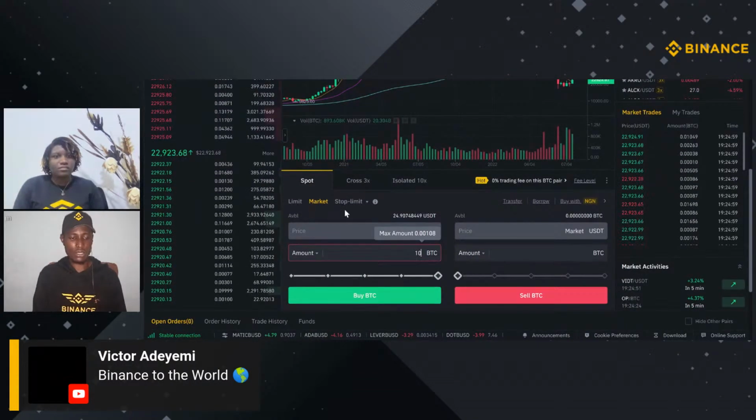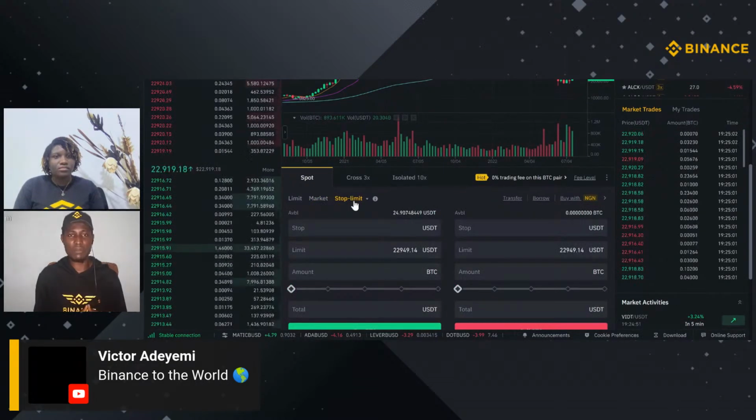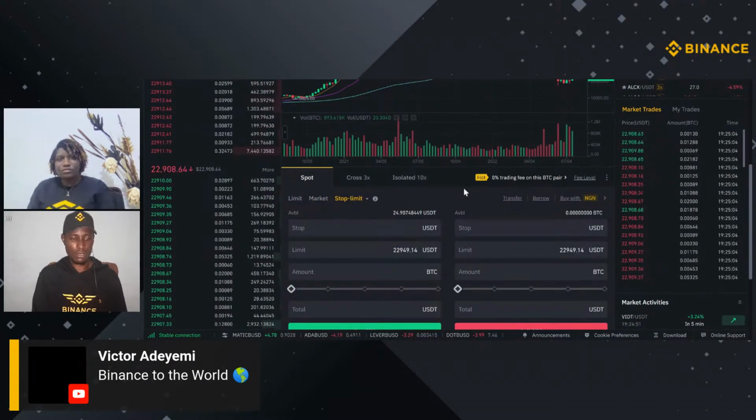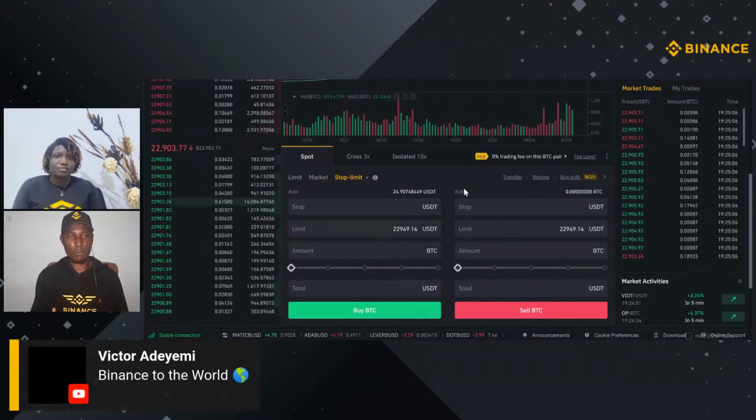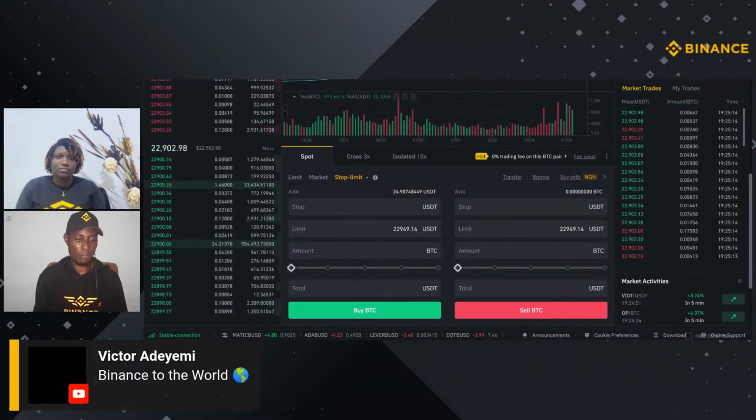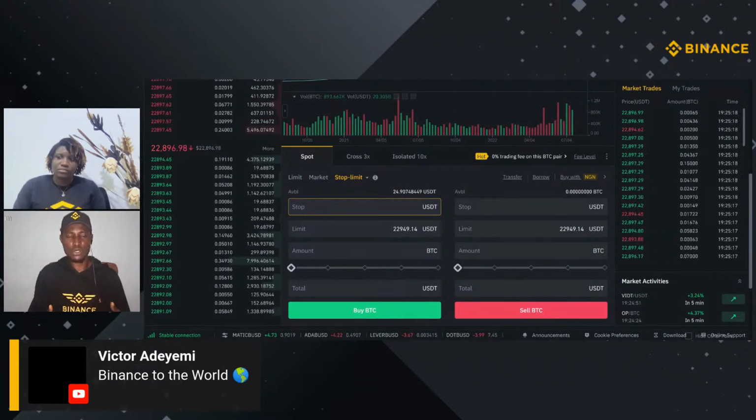Now let's check on stop limit. So this is the stop limit order type. For stop limit, you set a stop price, set a limit price, and input your amount or the total USDT I want to spend to buy BTC. Now, what is the stop price? The stop price acts as a trigger. So it only triggers to place your order